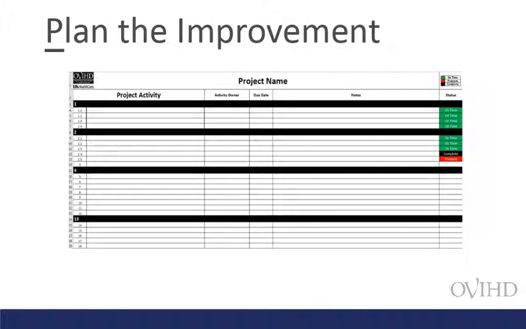The action plan should be detailed, describing the testing, implementation, and monitoring of the improvement efforts. This includes the tasks, the activity owner or the person responsible for the action item, when it is due by, any notes providing updates, and lastly a determination of whether the task is completed, in progress, or requires special attention